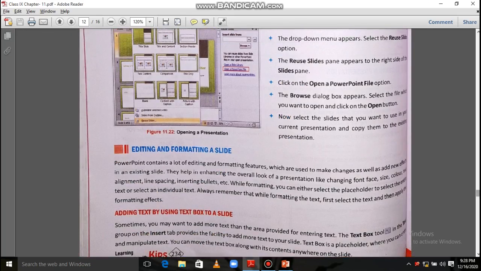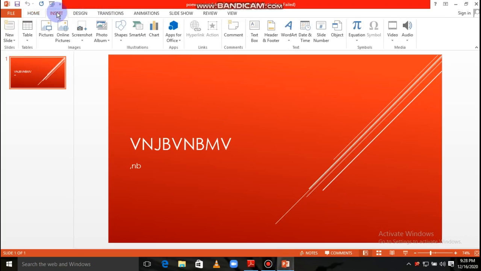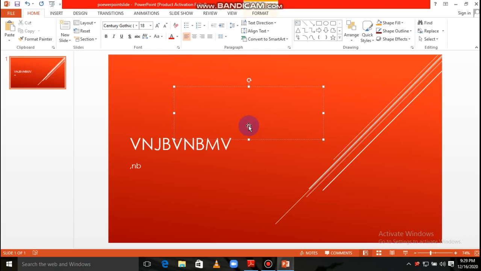Next, editing and formatting a slide, or adding a text box to a slide. Now how to insert a text box? From here, as you click on Text Box, now you can add a text box and write whatever you want. Like this you can add a text box. Next thing,